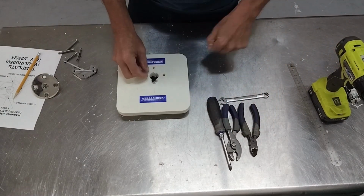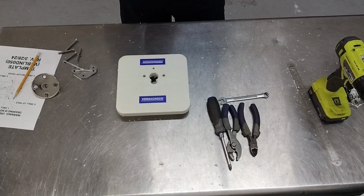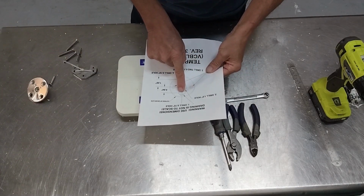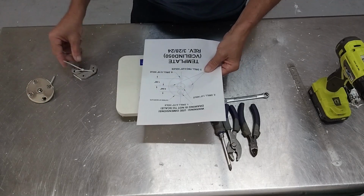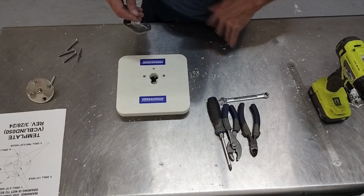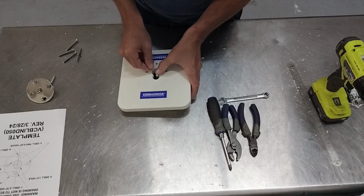So now the next step is going to be installing the deck plate. If you look at the drawing, you can see we have a line here. It's a little more faint than the holes, but it shows you basically the orientation of the deck plate. Okay, so what you want to do is feed the deck plate through the hole, and